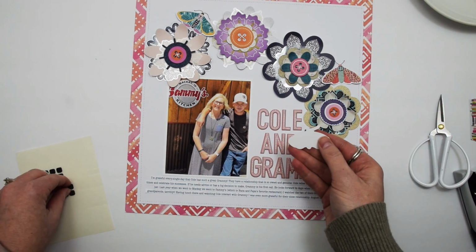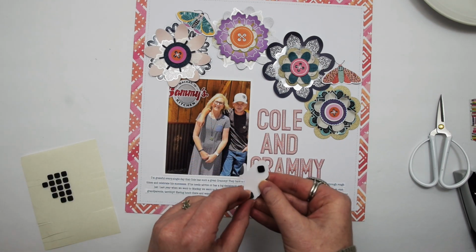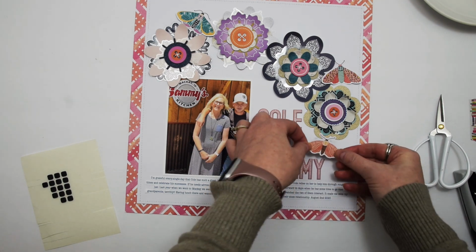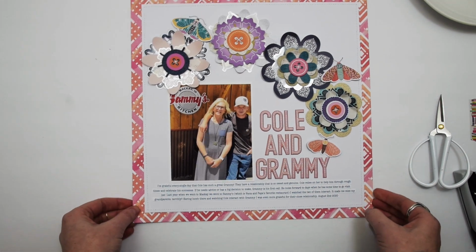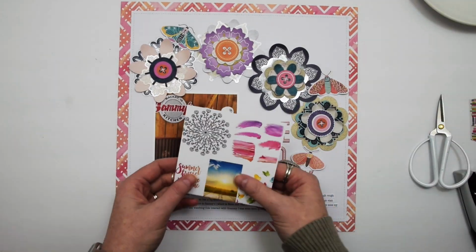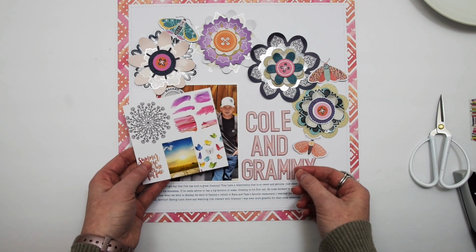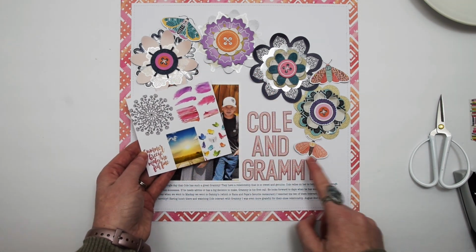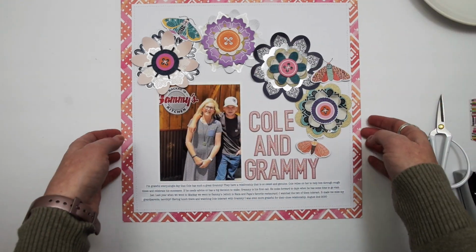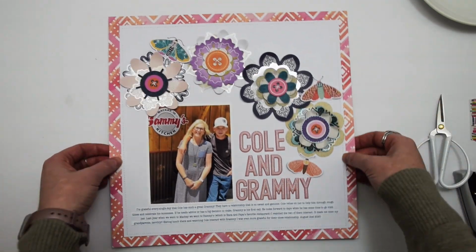And then I think there were a couple other little pieces in there as well, but I used those all up too. So I am so excited that I was able to use so many of the elements from these kits, they are gone. I used them all. So I'm just showing you what elements I was inspired by on the mood board,